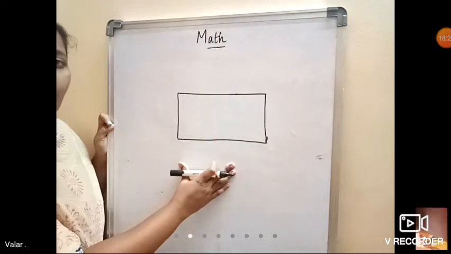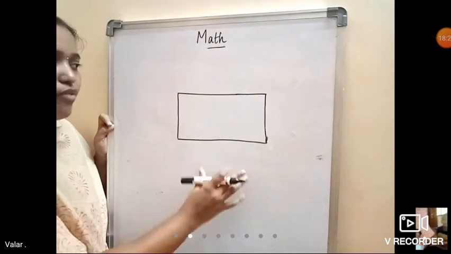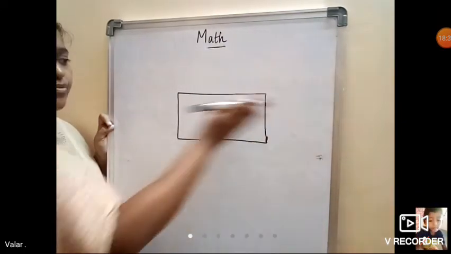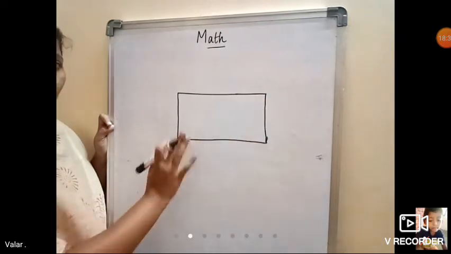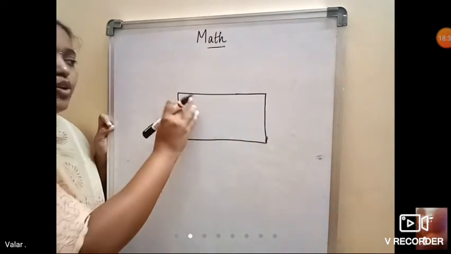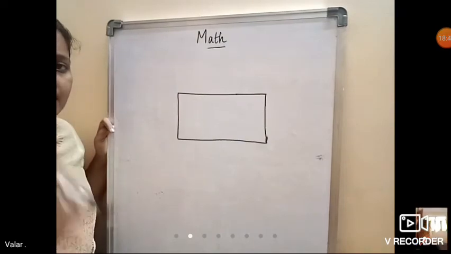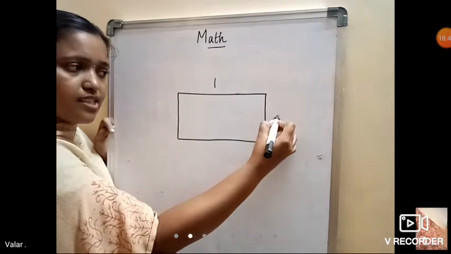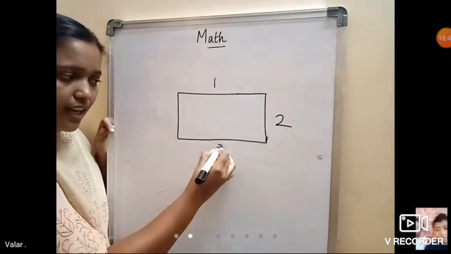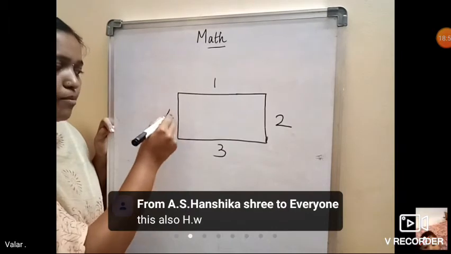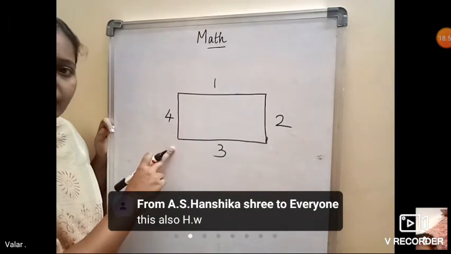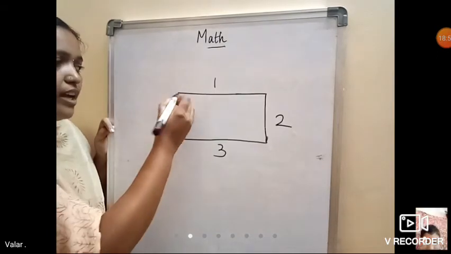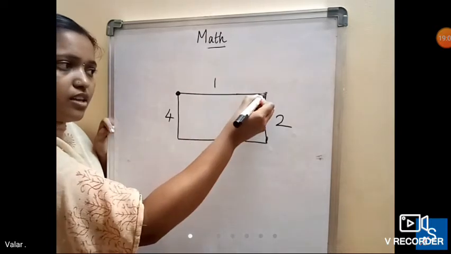So if we completed one rectangle, now we are going to see the sides. What does side mean? Each straight line is one side. So each different line will have one side. So this is one side, this is the second side, third side, and for this line, one more side, four sides. So the rectangle is having how many sides? Four sides. Okay.